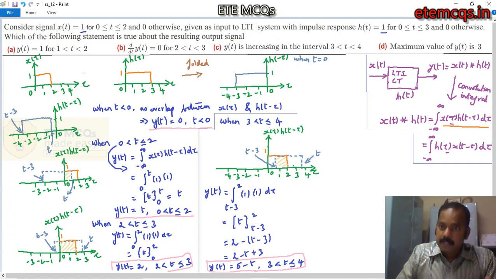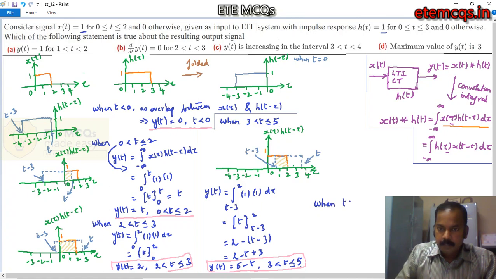So I can just change the limit from 4 to 5, so that between 3 and 5 this expression is valid. Just understand the reason why I am changing it. This should be 5 because until 5 the region of overlap is between t minus 3 to 2. So 5 minus t is valid between 3 and 5, which includes 4. Assume that it crosses 5, what happens? When t crosses 5, then t minus 3 will cross 2. So there is no region of overlap. That will be the next case.